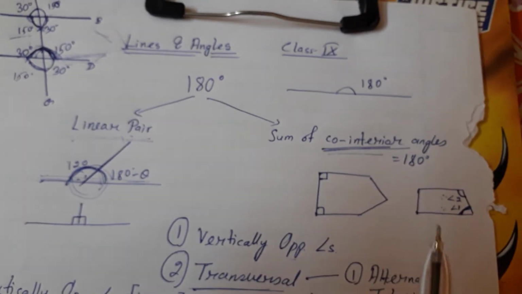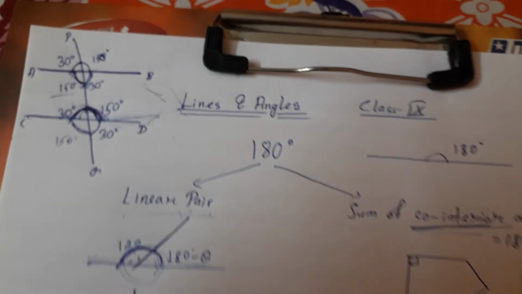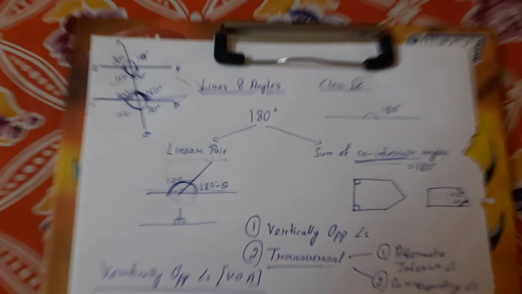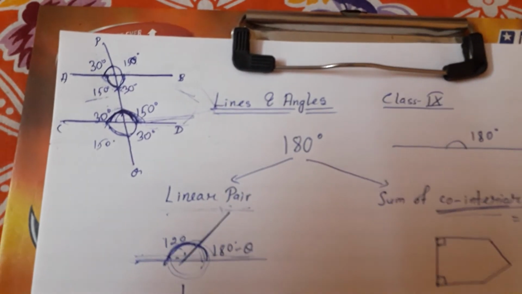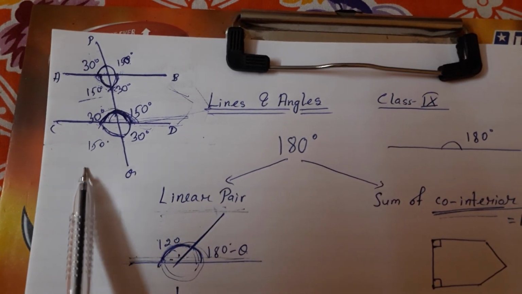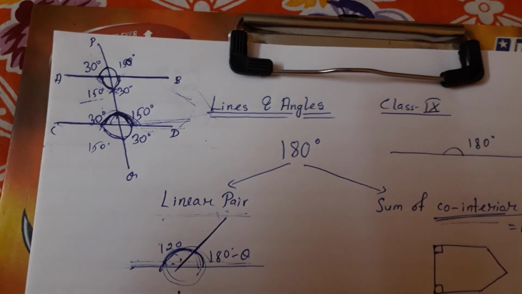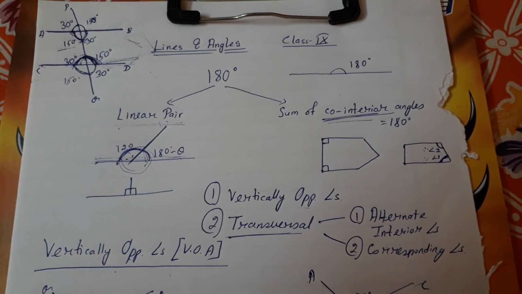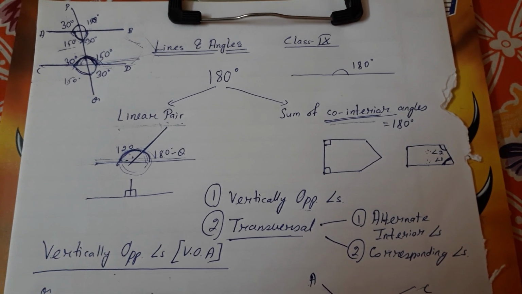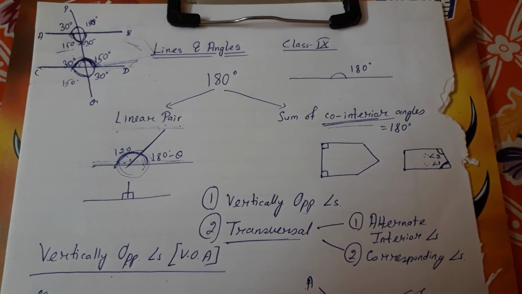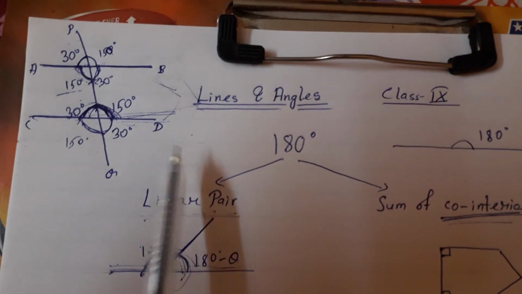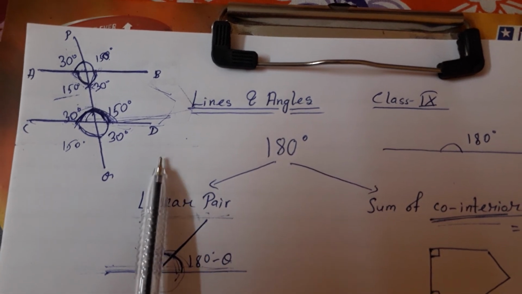Always you have to use the concept of the linear pair and the sum of co-interior angles. These terms you should know. So now see the whole thing in a very clear way. Always see this example, keep it in your mind, then it will be very clear to you. So I think today's topic is clear. This is all about the introduction of lines and angles. In the next video there will be more sums based on lines and angles. So that's all for today's class, and keep this example clear in your mind.